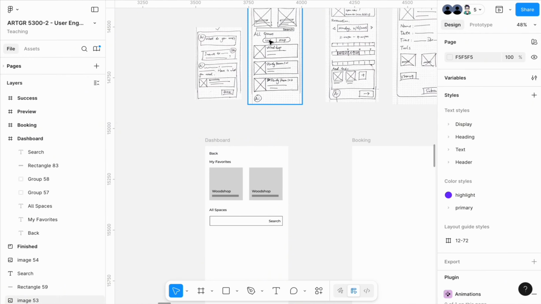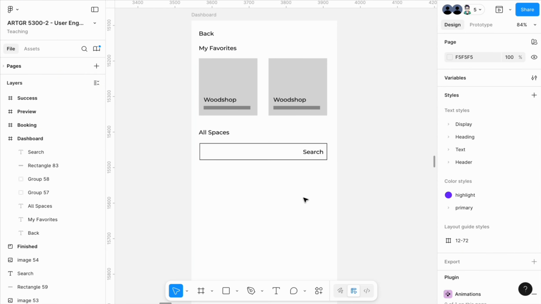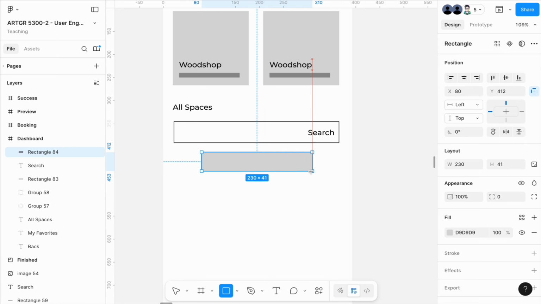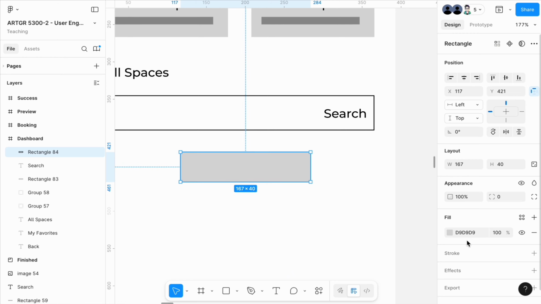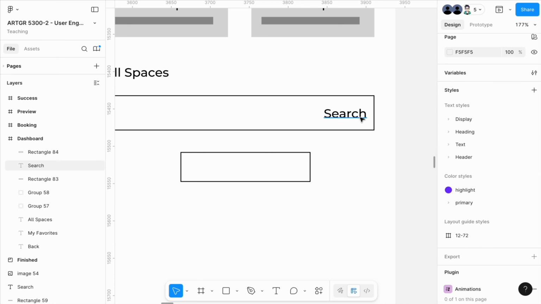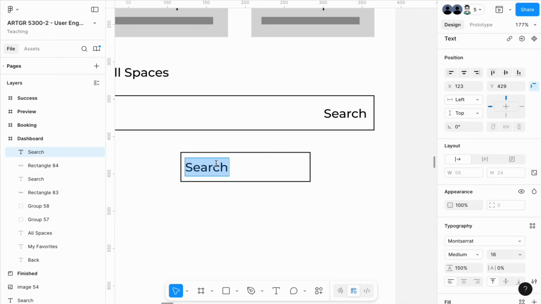What's next? There's a switch button, to switch between list and map. Now I use shortcut R to create a rectangle as a background or container of the button, and set it to white and give it a stroke and add text. Always remember to put it on top. This is the list view here, and map view,